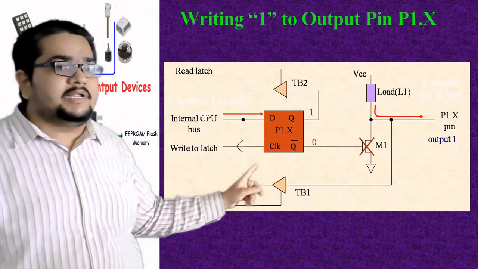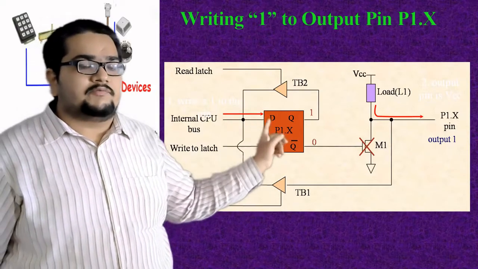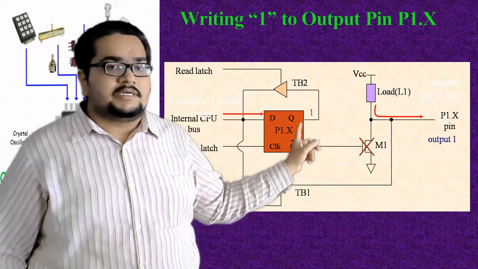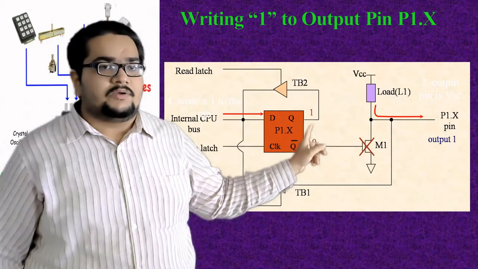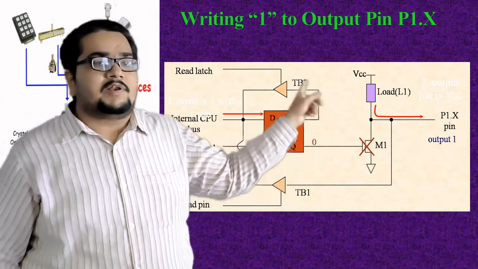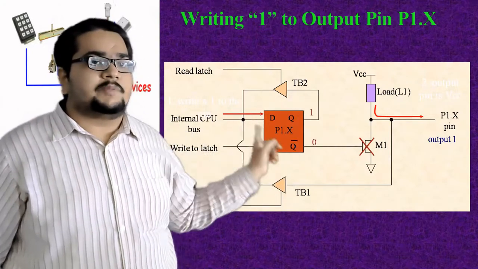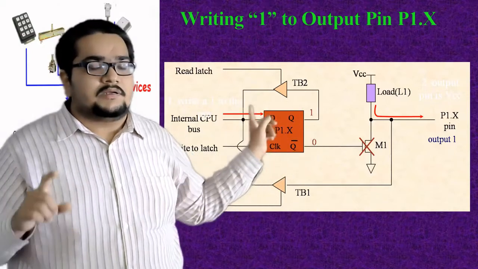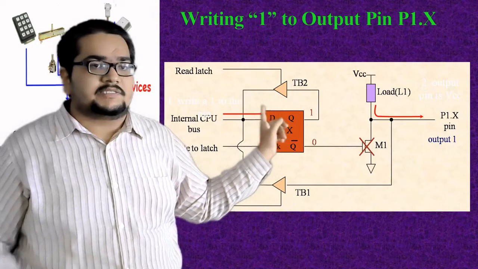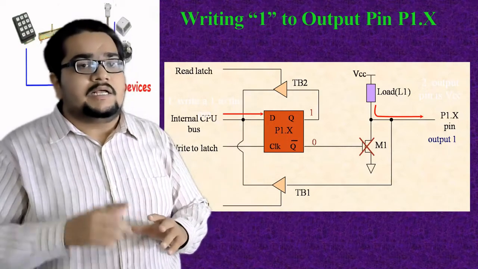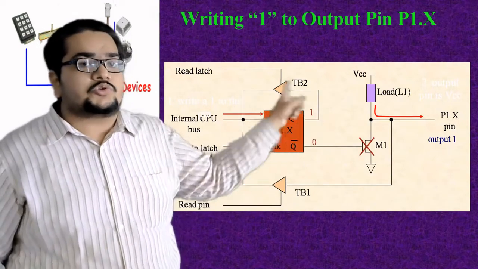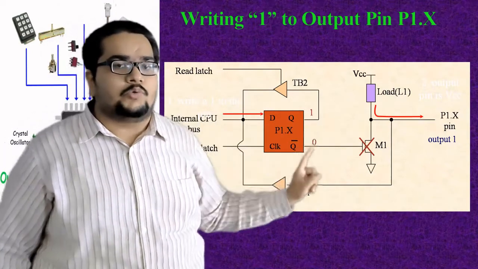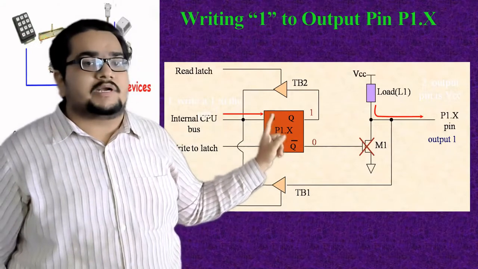Write to latch will also trigger the clock. So the 1 will be coming at D, and the clock is also triggered. The next state of that D flip-flop will be 1, and it will be continually given back, because we are doing the latch read operation. Writing the pin is equal to reading the latch in this scenario, because it stores the thing coming from the CPU in this latch until we can send it out. Obviously we'll be sending it out. How? Let us check.